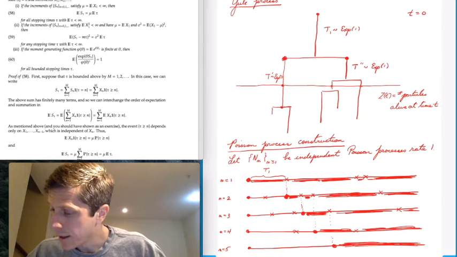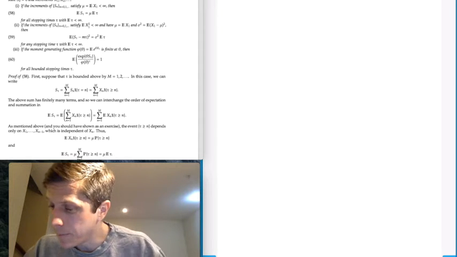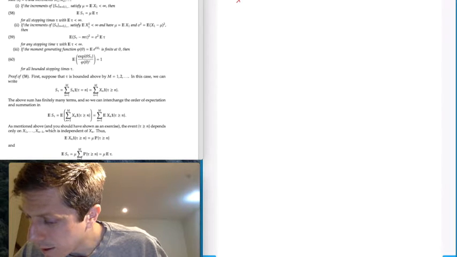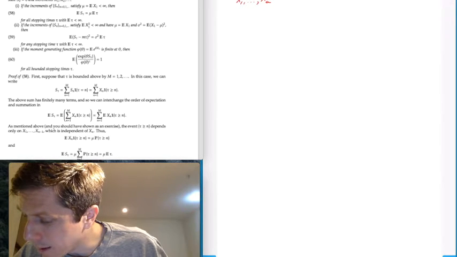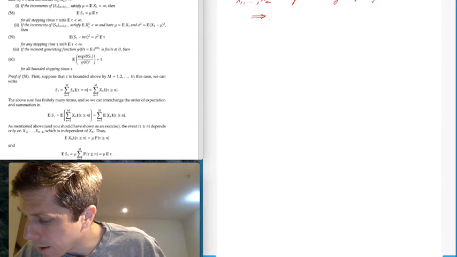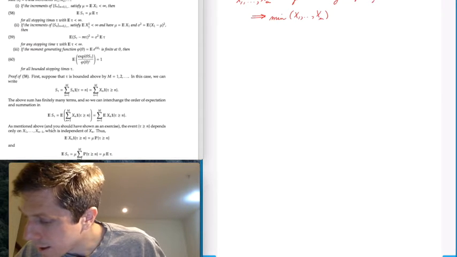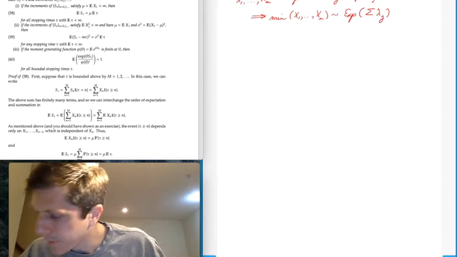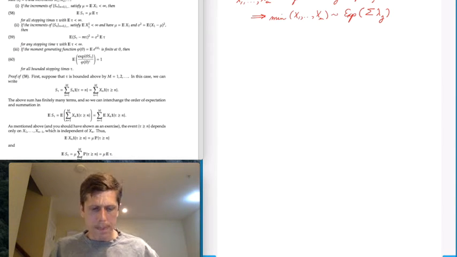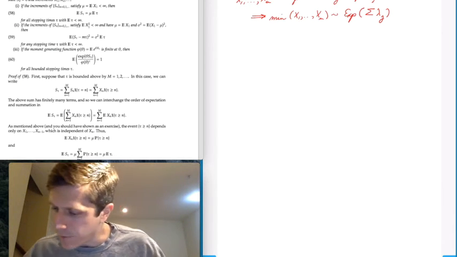So just remember that if we have X1 through Xn independent, with Xj having exponential rate lambda j, then the minimum of these independent exponentials is exponential with rate given by the sum of the lambdas. Okay, and that's all that we're using. So what we can do in this case is we can define